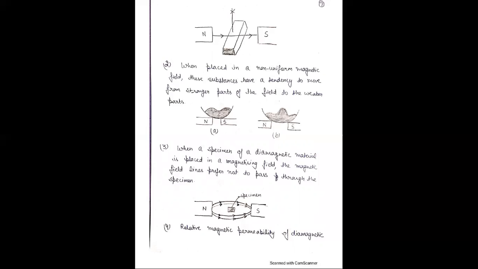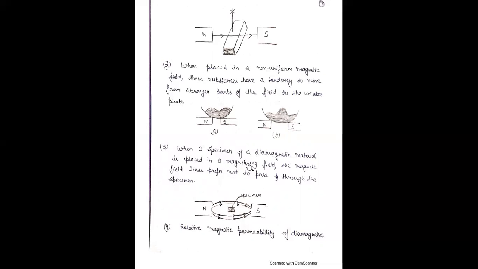If the distance between the poles is increased, then at the center there is the weakest field, therefore the liquid accumulates at the center, and the effect is reversed. Now the third point is, when a specimen of a diamagnetic material is placed in a magnetizing field,